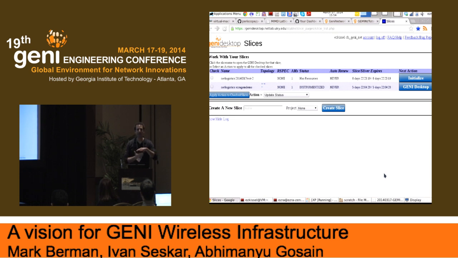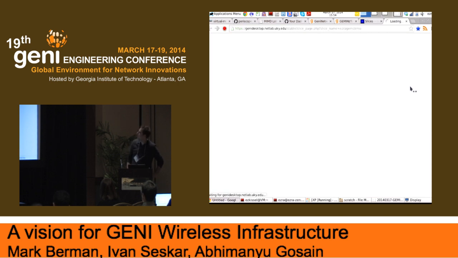But yes, we definitely need to look at it from beyond just the guest OS, right? Look at different layers. So what I have here is a slice that I've already instrumentized, and I'll just take you through the process of how I would log into the node and use the wrapper library to gather these summary statistics. So here I've already used that filter feature, which I just learned about on the desktop, which is very handy because my slice list was getting out of control. So I will click on the Genie desktop,